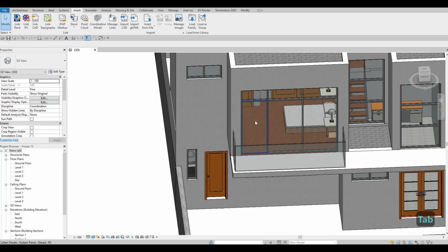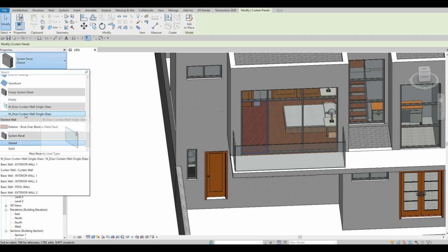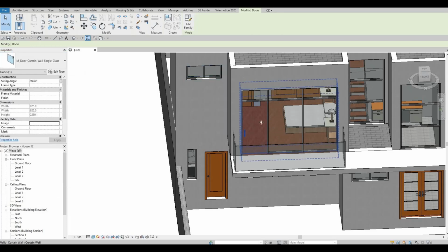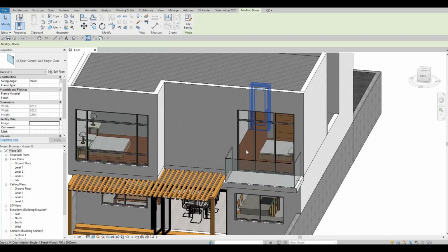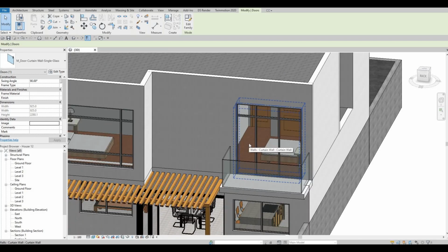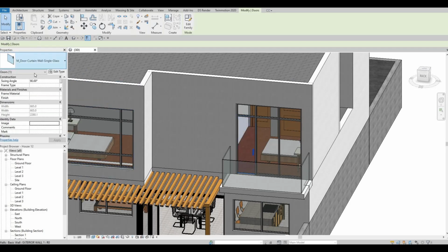once you do, click on tab, and then once it is highlighting just the panel, click on that, and then you need to go to properties and then go to drop down and then you will see the door curtain wall there. Don't worry, the orientation you will be able to change that in the floor plan. So here again, just put your cursor in the middle of the panel that you want to highlight. Click on tab. It will highlight that panel, and then click on that, and then go to drop down under